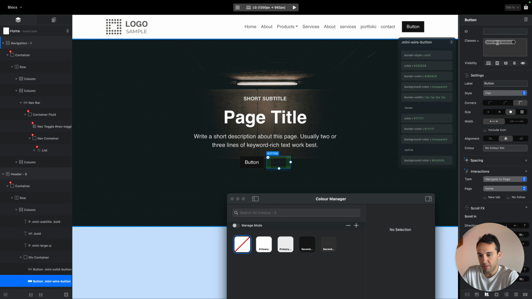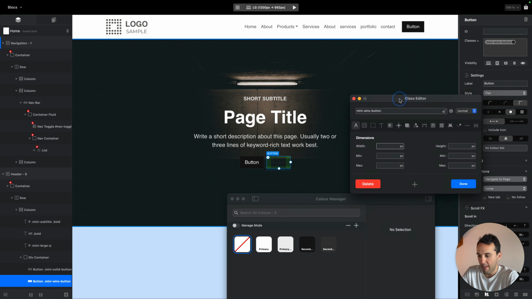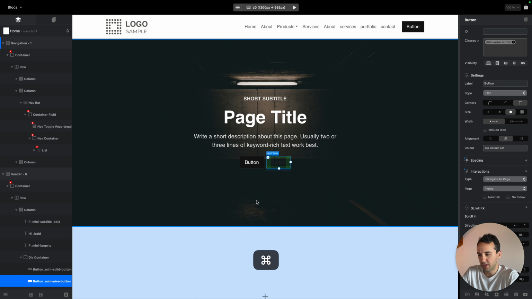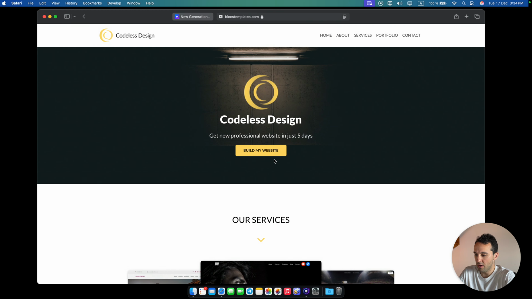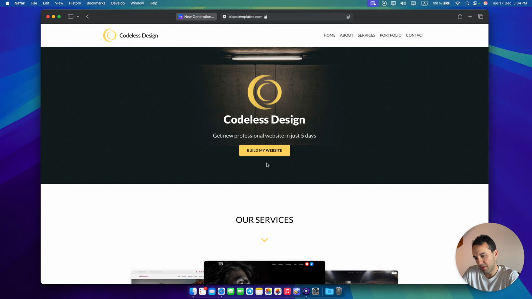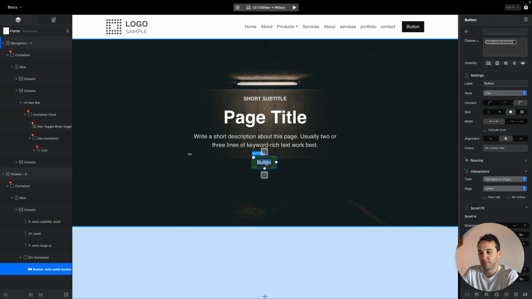So let me quickly change the text so it is visible here. For the button, well, I don't think I need two buttons there. I will actually just leave one button. So I'll select this one and I will, well, start building my website. Well, I will start this, see pricing or start or whatever. And this will go to,